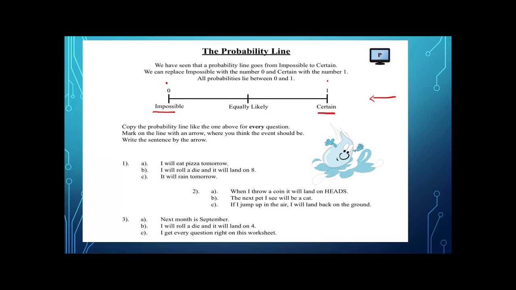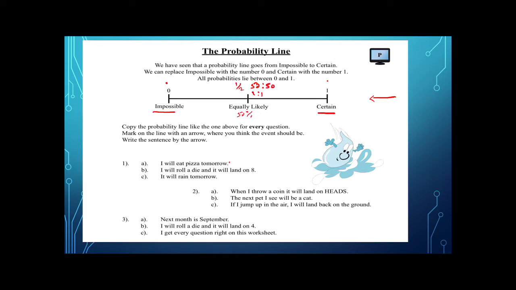So that means the chance of something being equally likely can be written as a fraction, as a half, can be written as a percentage, 50% likely, 50% unlikely, or as a ratio. People often say chance of something happening is 50-50 or 1-to-1. Okay, I'm going to put a few of these things on a number line.